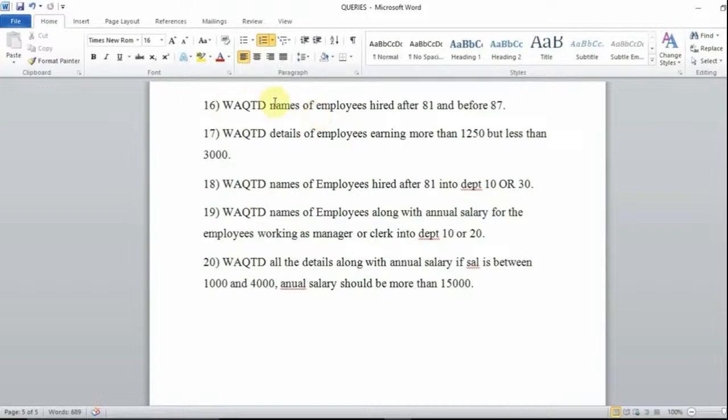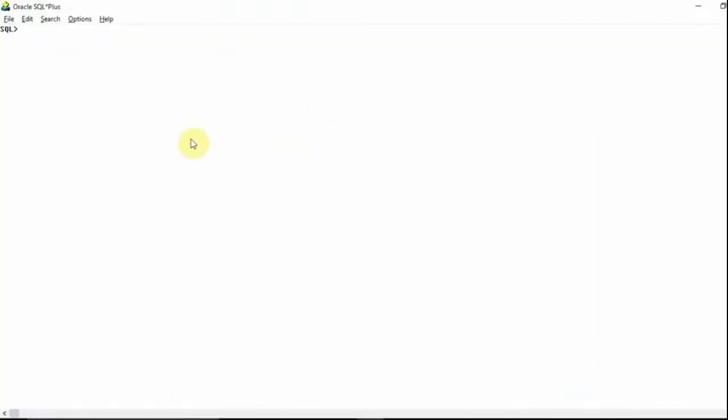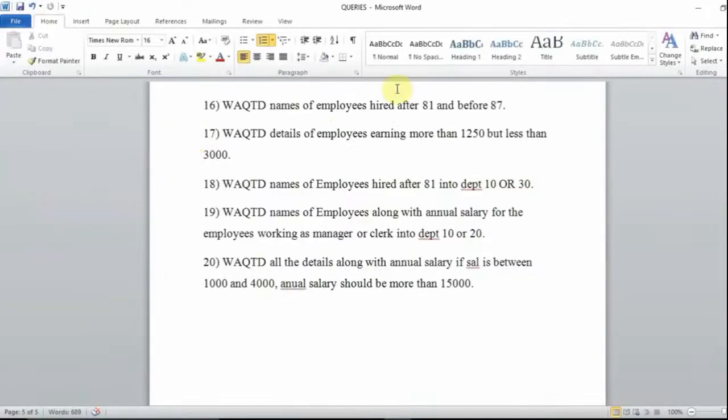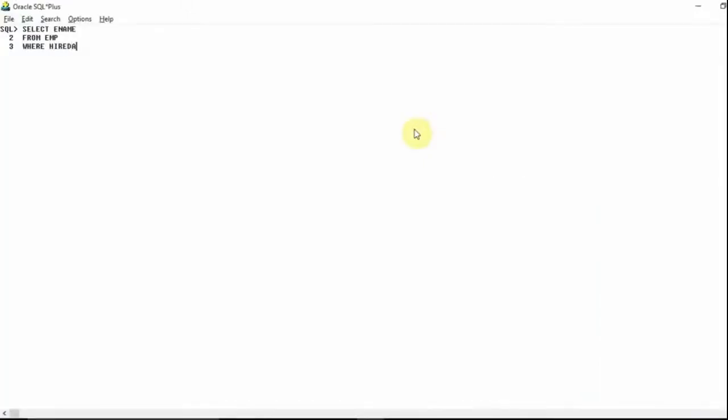Got it? Okay, so write a query to display names. So first one is select ename from emp. Okay, so where condition, first condition, hired after 81. So hired after 81 means the hire date should be greater than, in single quotes I have to write the date, 31 December 81. So this is the date. After that, the AND operator I will be using, and